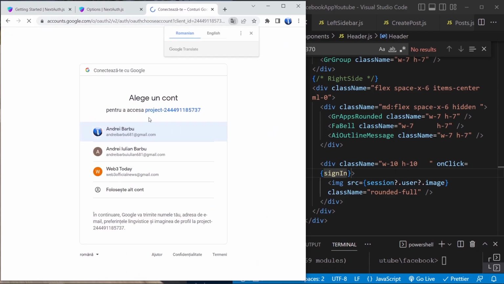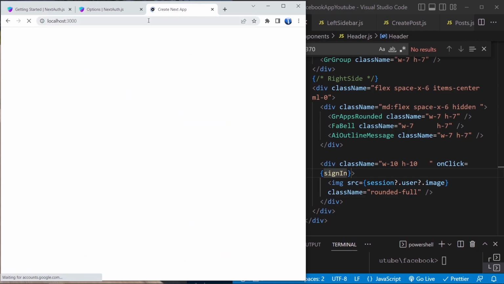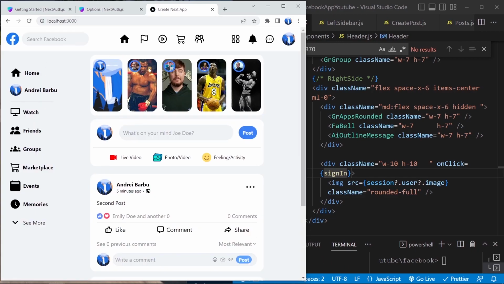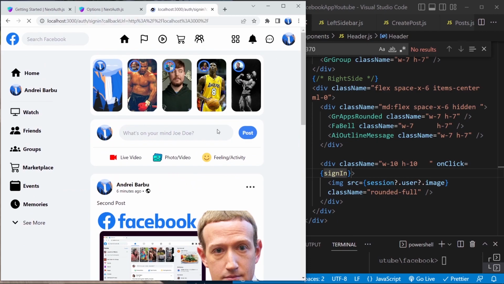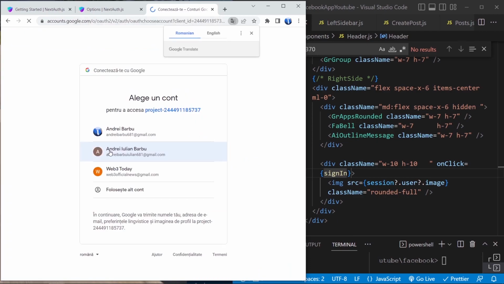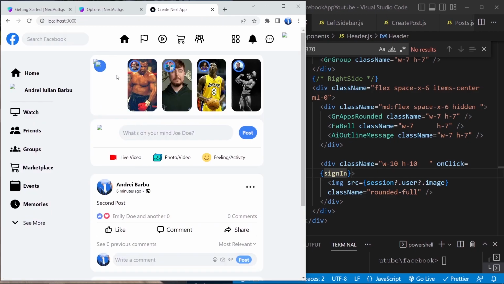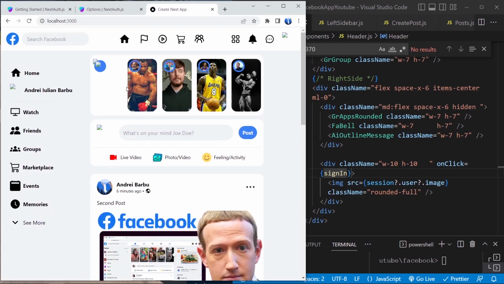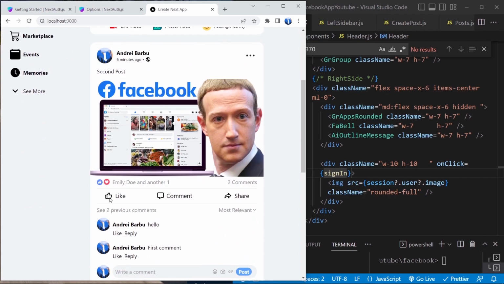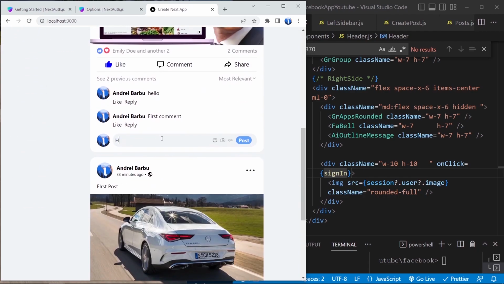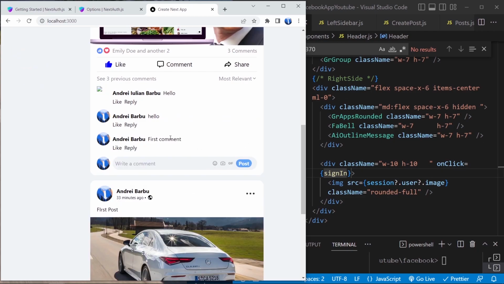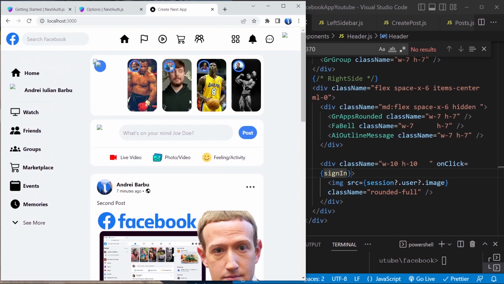So here we can log in with our Google account, and voila, we're logged in. Now if we change our account, sign in with Google, we're gonna choose this one. Okay, so we don't have the user image, we have to wait a little bit. Again, in production this won't be a problem, but let's give this a like and a comment. So hello post. Okay, very nice,